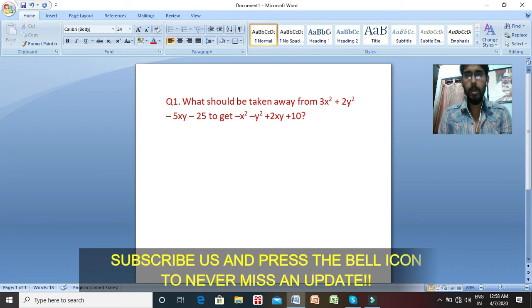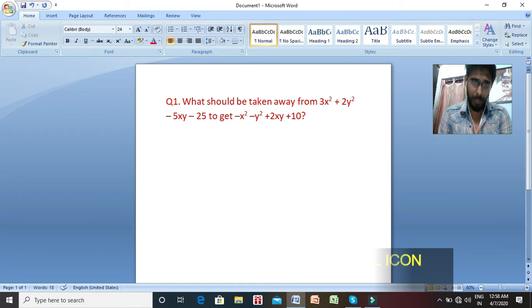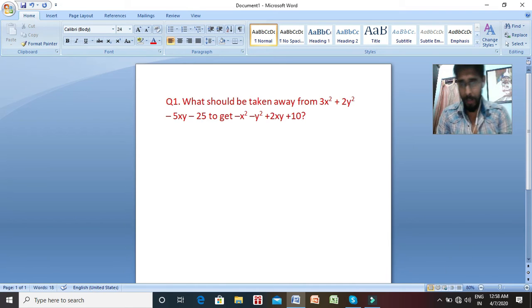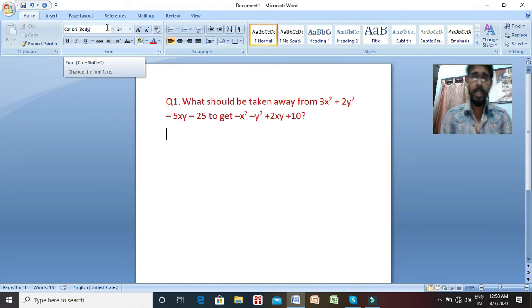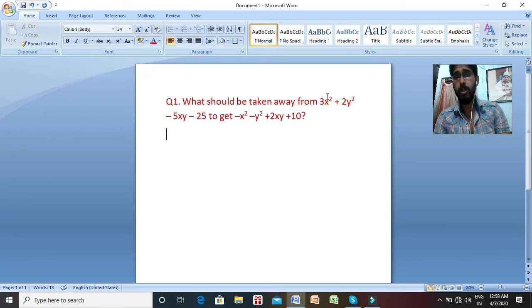Okay, so this is our first question. What should be taken away from this number, 3x squared plus 2y squared minus 5xy minus 25, to get this particular number? In order to answer this, we need to find the number which needs to be subtracted. Taken away means subtracted from this one. So this one is the lead one, after which we will subtract some number, and the answer that we are getting is this one. So to answer this question,